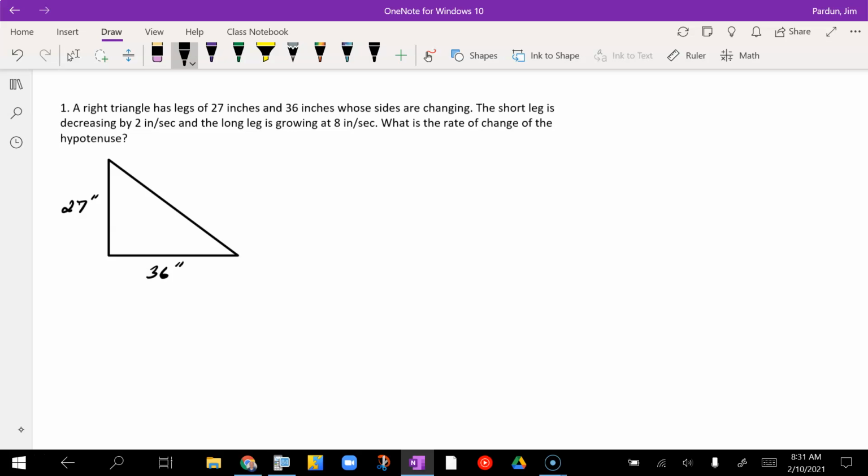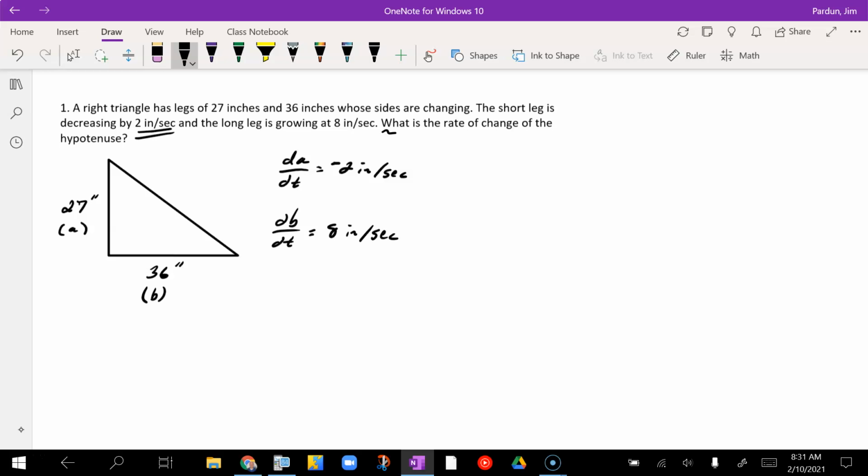The short leg is decreasing by 2 inches per second. So there's a rate, 2 inches per second. Now I got to label this. So I'm going to label the short leg as A. I'll label the longer leg as B. So we know that dA/dt is 2 inches per second, and it's decreasing, so it's going to be negative because it's decreasing. The longer leg is growing, dB/dt, at a rate of 8 inches per second, so that's positive, 8 inches